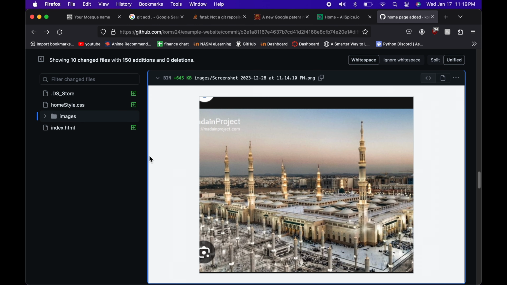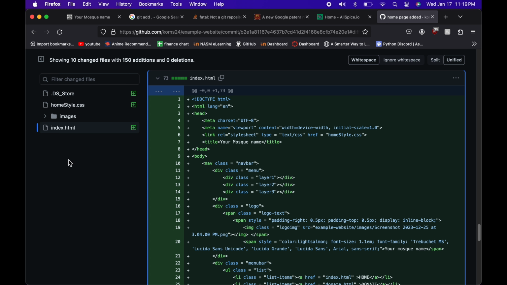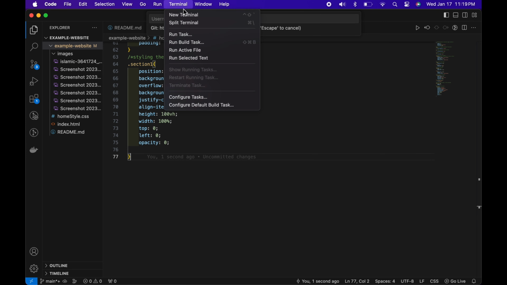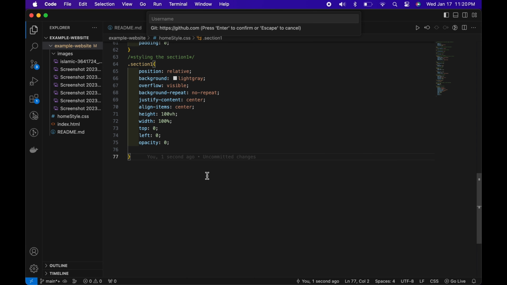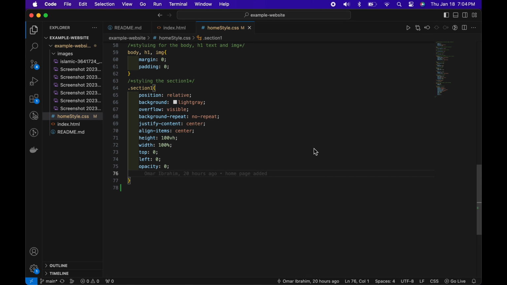And all of these can be pulled from GitHub back into Visual Studio Code. And the way we do that is we go to the terminal and say git pull. That's it. We just hit enter. Right now there's nothing new, so there's nothing to pull from GitHub. Okay, so now that you know how to commit the new files into your GitHub account, we can continue